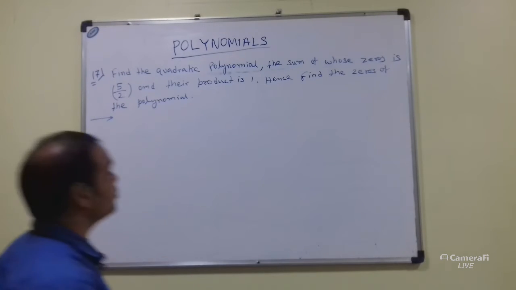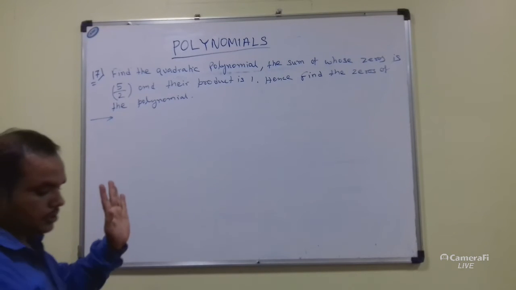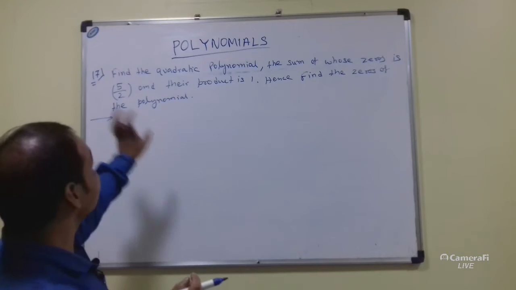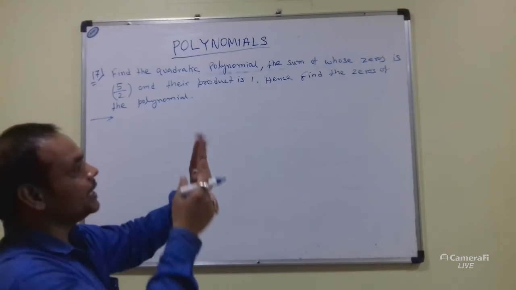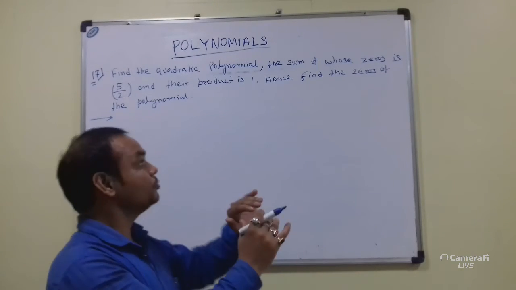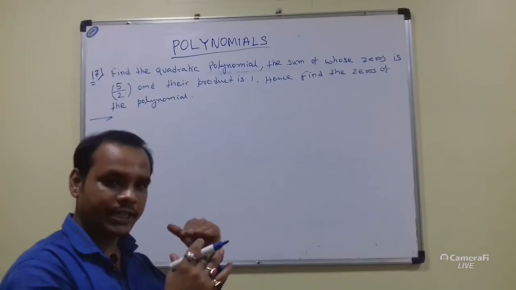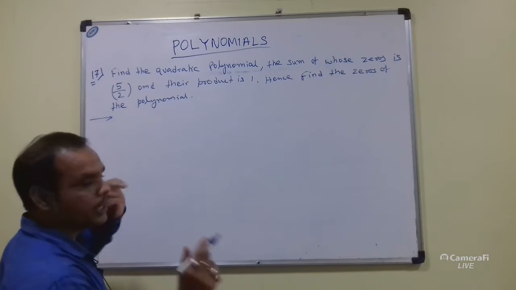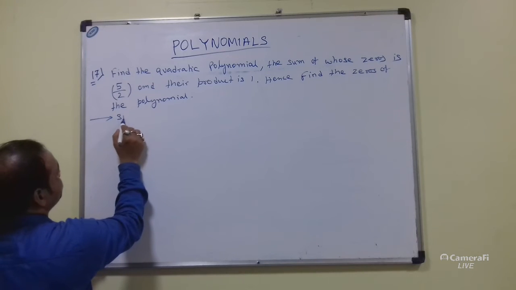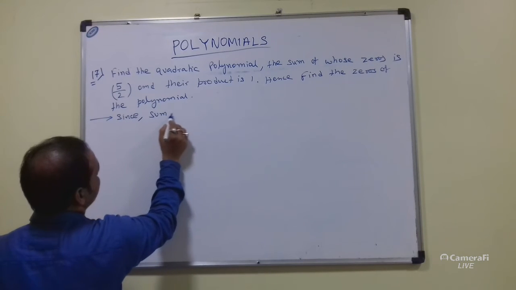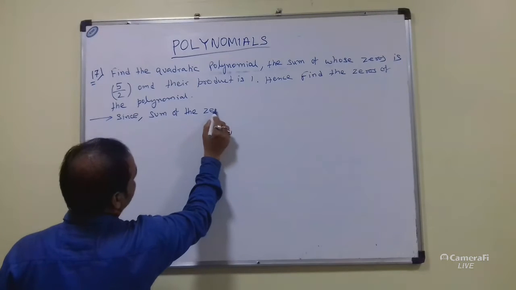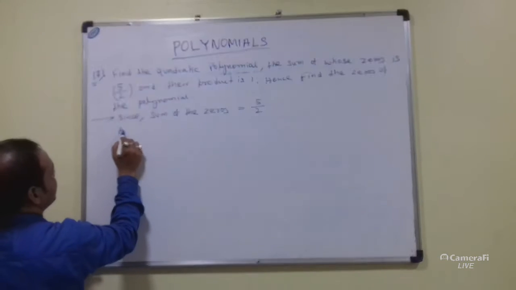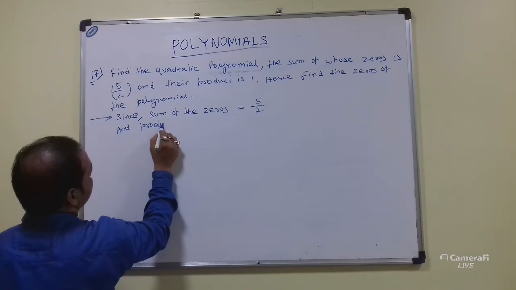Okay, so sum of the zeros, in the previous maths it is given that the zeros are 2 and minus 6, but in this question students, you can see that it is given that the sum of the zeros and the product of the zeros is already given. So we can solve it directly to find the quadratic polynomial. Here, since sum of the zeros is equals to 5 by 2 and product of the zeros